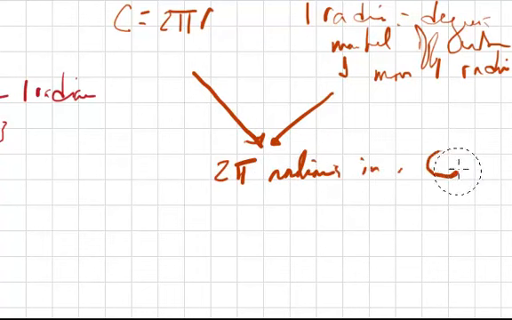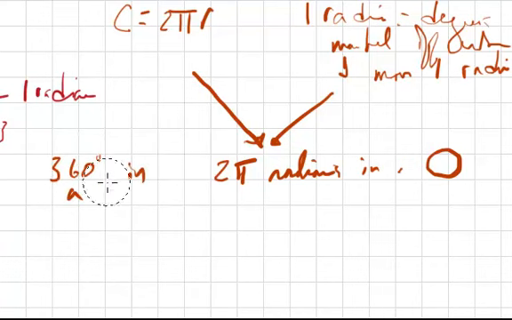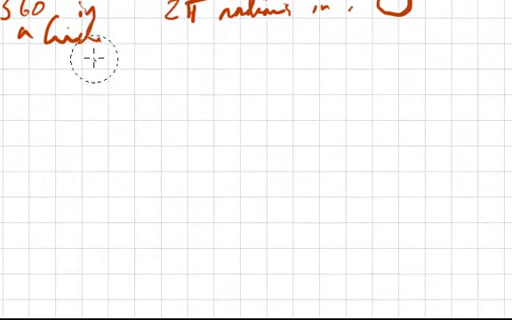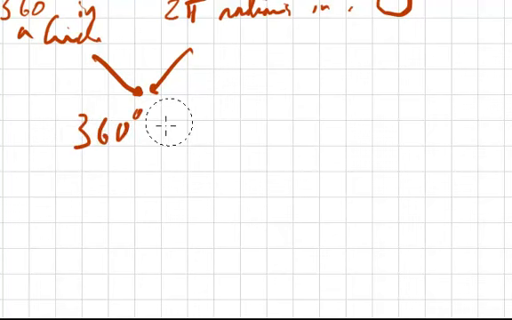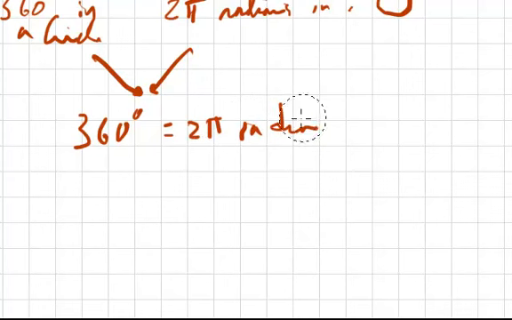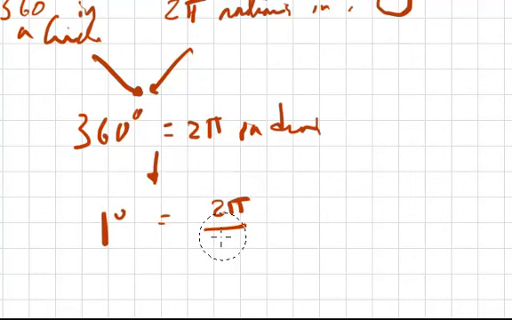What else do I know about a circle? Well, typically we say there's 360 degrees in a circle. So if there's 360 degrees in a circle, and there's 2 pi radians in a circle, these two must be equal. 360 degrees equals 2 pi radians. And if 360 degrees equals 2 pi radians, then it follows that 1 degree equals 2 pi over 360